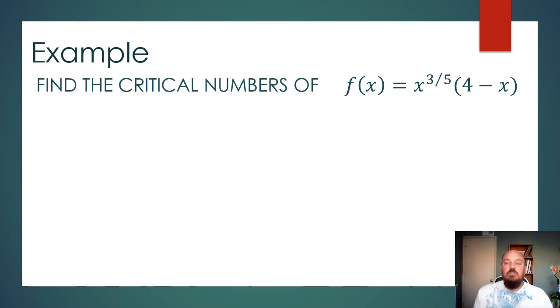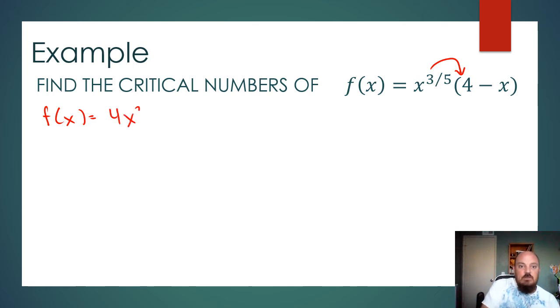So let's find the critical numbers of this function right here. We have f of x equals x to the 3/5 power times (4 minus x). Now, if you take the derivative the way it's written, it would be product rule. But remember, sometimes you can avoid product rule, and I would probably do that here. So what I would do first is distribute the x to the 3/5. And I would say f of x equals 4x to the 3/5